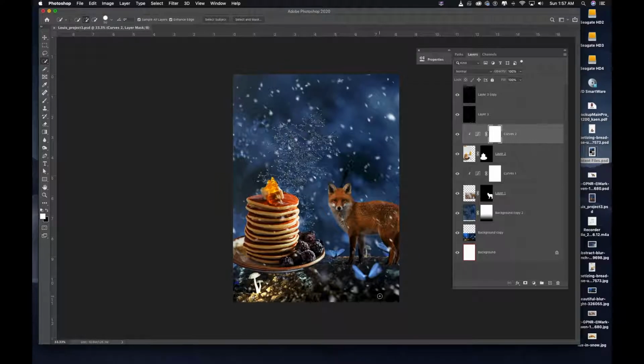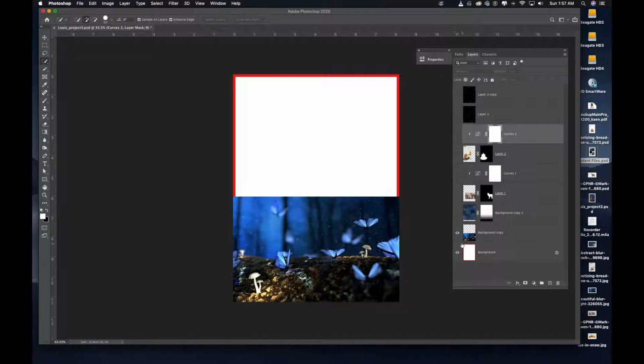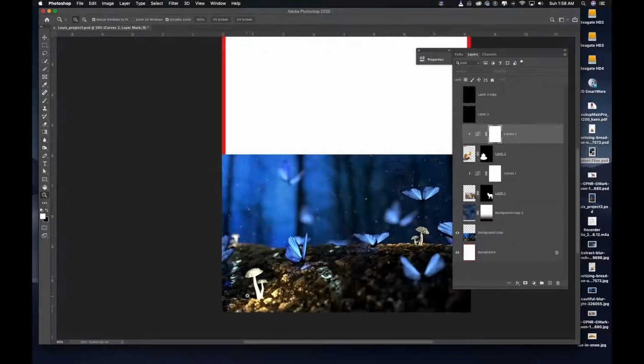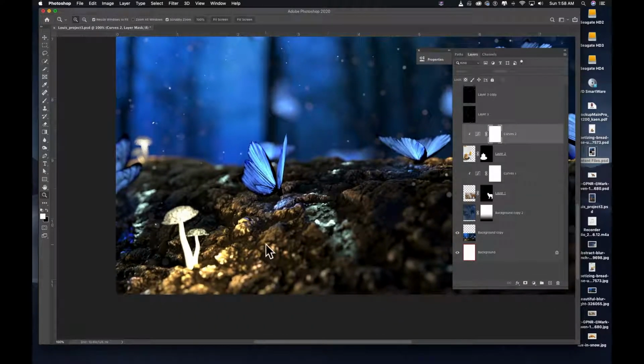And now the last thing I need to do is put my logo down here somewhere. So this mushroom here is really bugging me. So what I'm going to do is I'm going to turn all this stuff off now that I'm looking at it, and I'm going to remove that, just because this side is lighter. So I'm going to zoom into the file. Now what I'm going to do is I'm going to clone this area here onto this, or some of this will be here. So I'm just going to go to the layer,